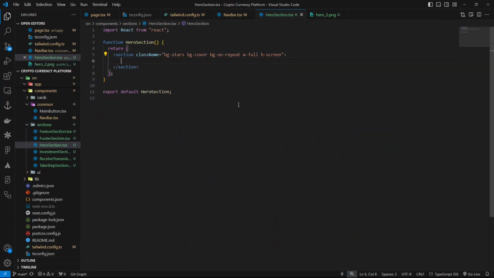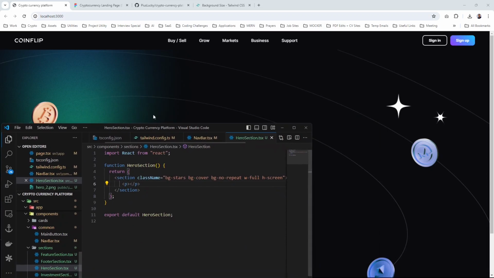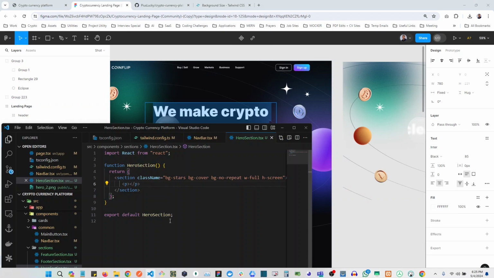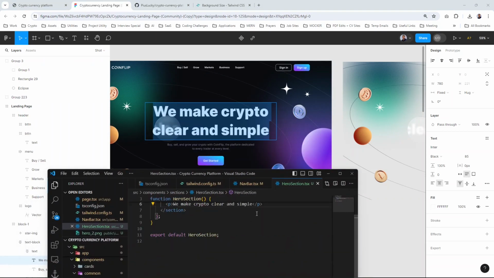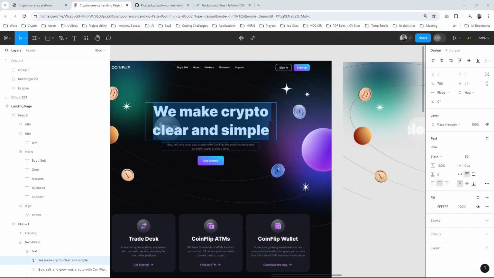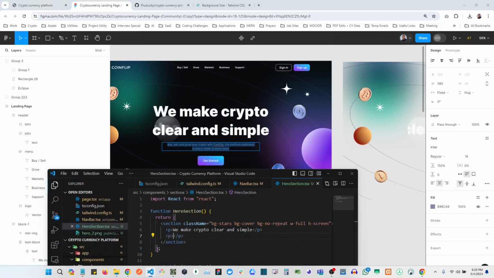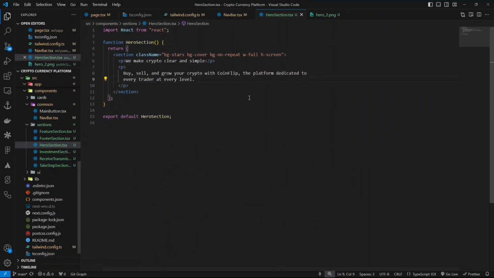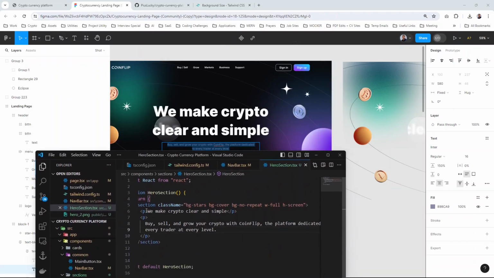So let's grab the text. The text we're interested in is this one. I'm gonna copy that, paste it right there. So that would be the main text. We have another one which is more description. Okay, so let's do proper spacing there. Okay, we copied some weird spacing. Yeah, that should be good. So yeah, so what we do